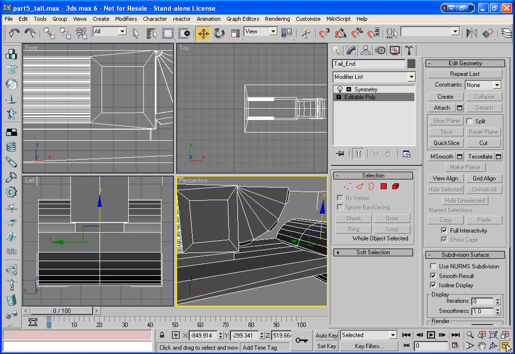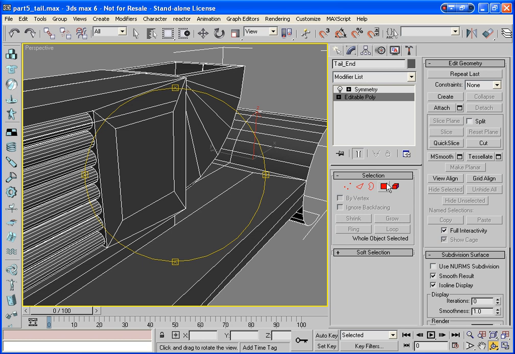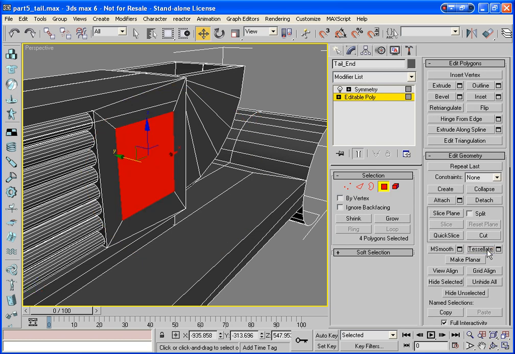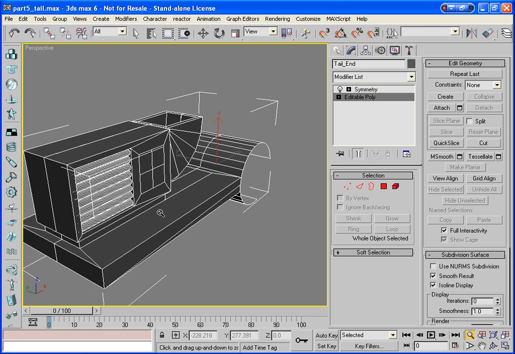So, drop back into perspective, and we now have our box. And what we're going to do with this, of course, is select it and tessellate it, and now we have 4 polygons. Top 2 polygons are going to be the feed, bottom 2 polygons are going to be the ejector. So, zoom out,